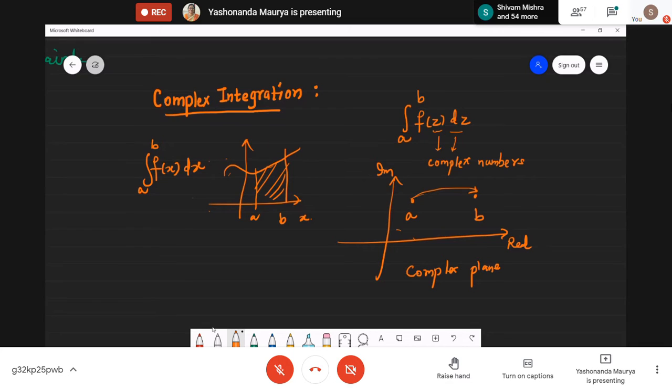I can go this particular way. I can go this way in the dotted lines. I can move somewhere here and then come back to this particular point. There are many paths, in fact infinitely many paths available in the complex plane. So it is very much necessary that while evaluating this integral, we mention what this path is. If this path is mentioned, then it will be easier for us to understand.